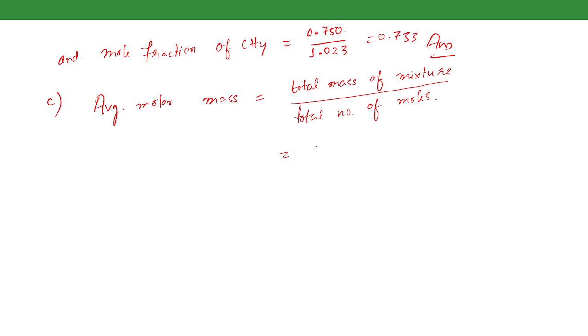So this is 20, the total mass of the mixture, and the total number of moles we have found out to be 1.023. So this is 19.6 kg per kilomole. Okay, and the average gas constant